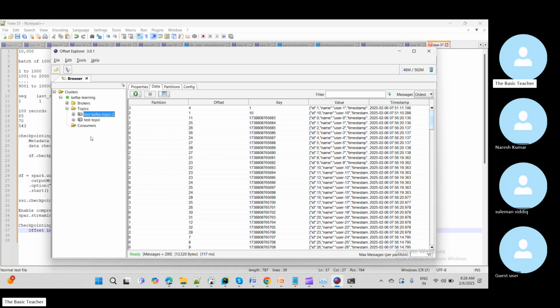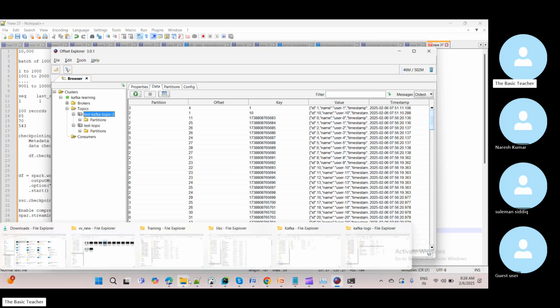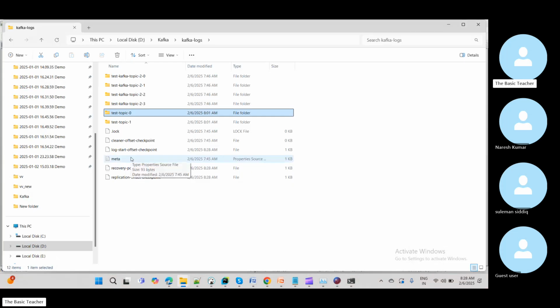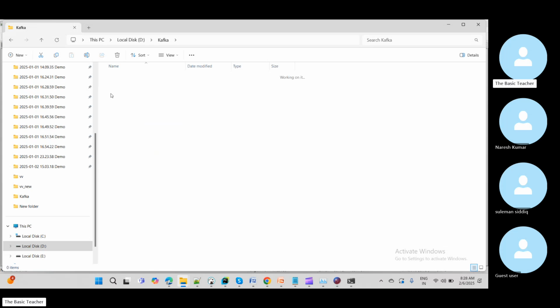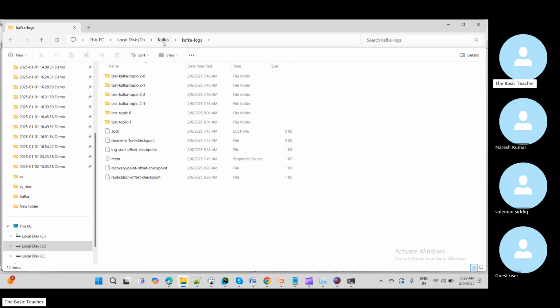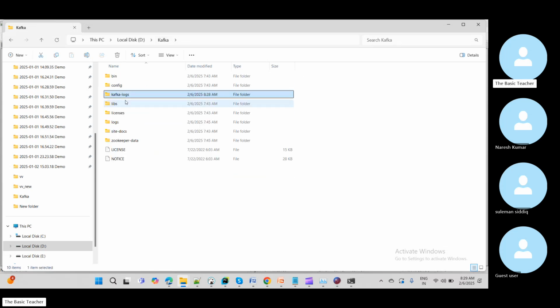Okay, I guess again it has got the issue. No issue, we will check that. Or I can go to this location, and this is for consumer Kafka logs, and here is nothing. Then logs,